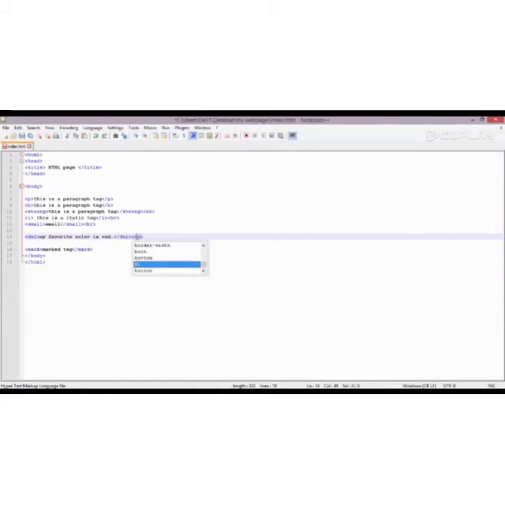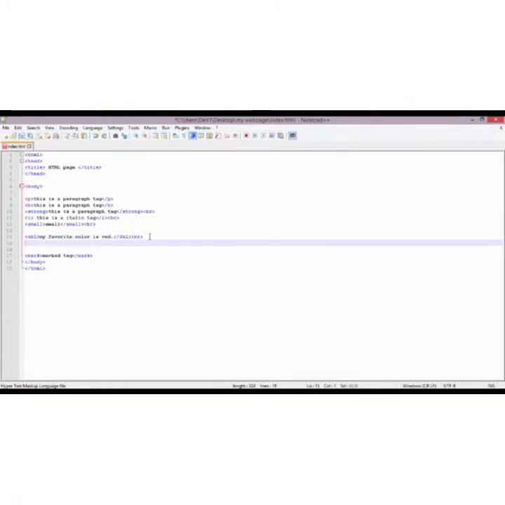Next, we will use the inserted tag, INS abbreviation.